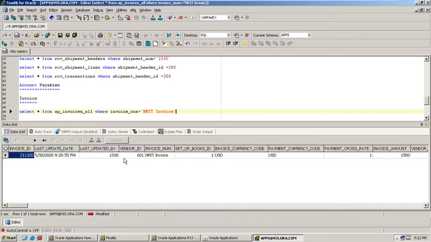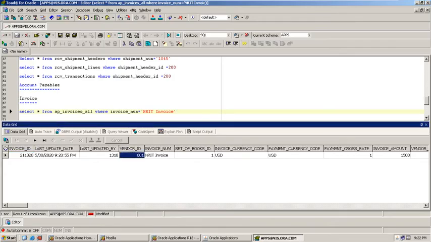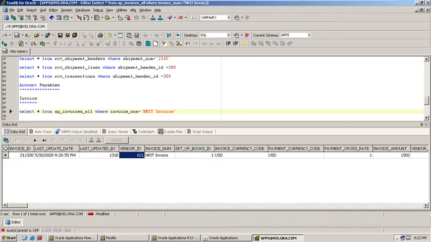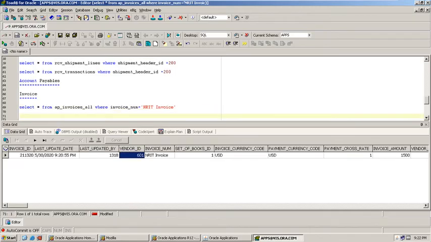See, the invoice header details will be stored into AP invoices all, and the line details will be stored into AP invoice lines all table, where invoice ID equal to.